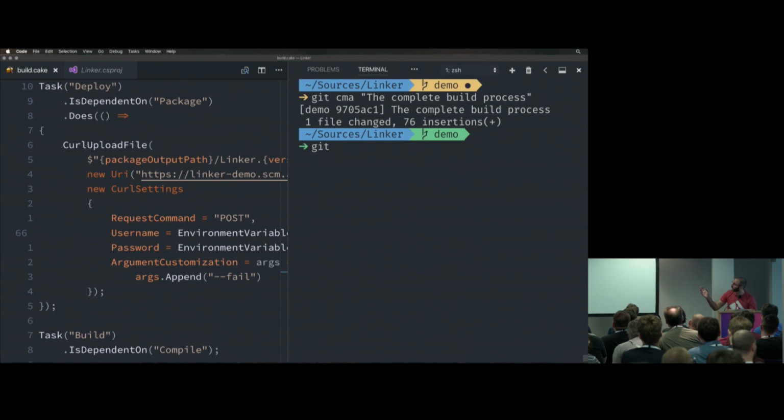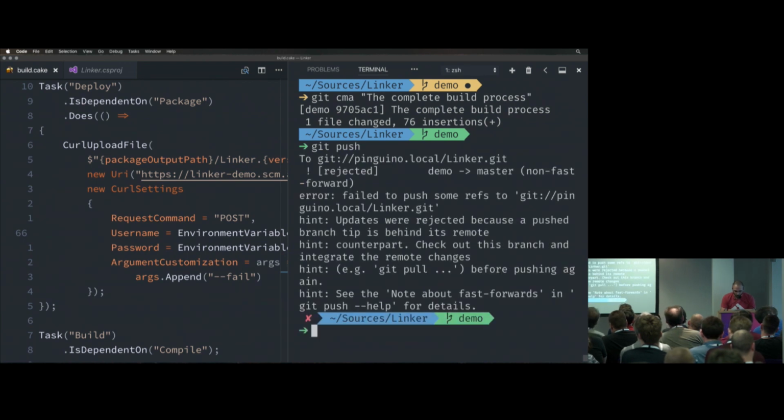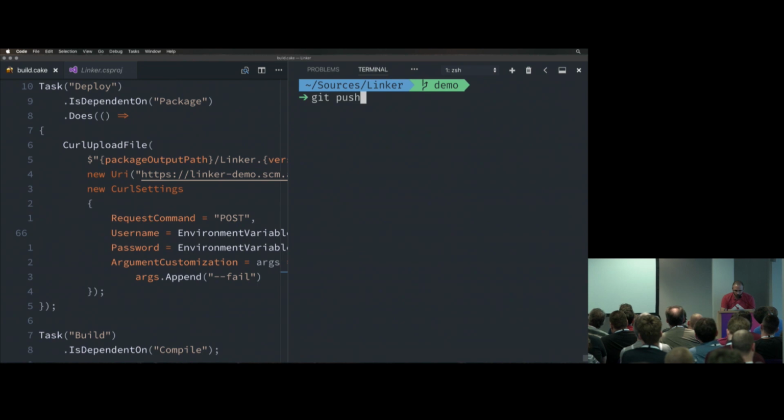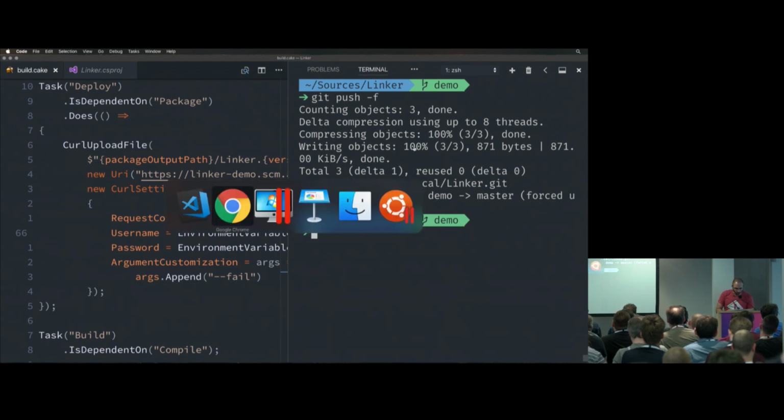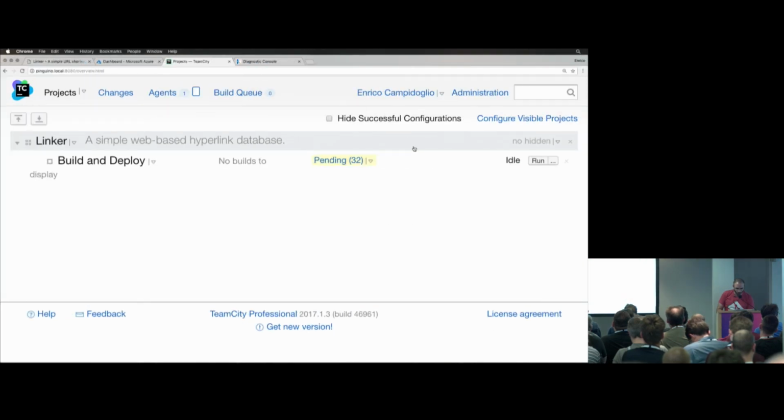Now I told you, I'm running a local Git server and a local TeamCity, so no network here. So let's just push it. Oh yeah. When you push, when you are overriding, when you don't have the latest version of the source code from the server, but you really need to push your changes, you just say force push. So now we just push our build script onto the Git repository, which is being watched by this TeamCity